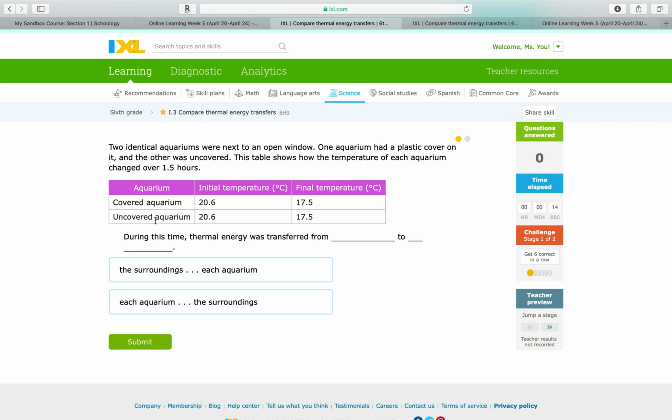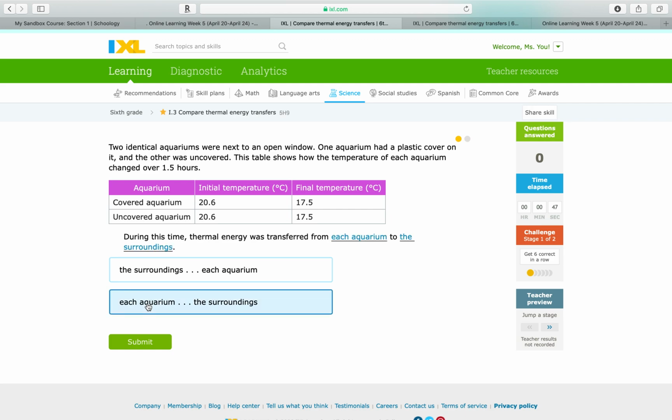This table shows how the temperature of each aquarium changed over 1.5 hours. So initial means beginning. The beginning temperature of the aquariums were 20.6 degrees. And after 1.5 hours, the final temperature is 17.5 degrees. So if you notice, the temperature went down. The aquarium got colder. So if it got colder, that means that thermal energy transferred from the